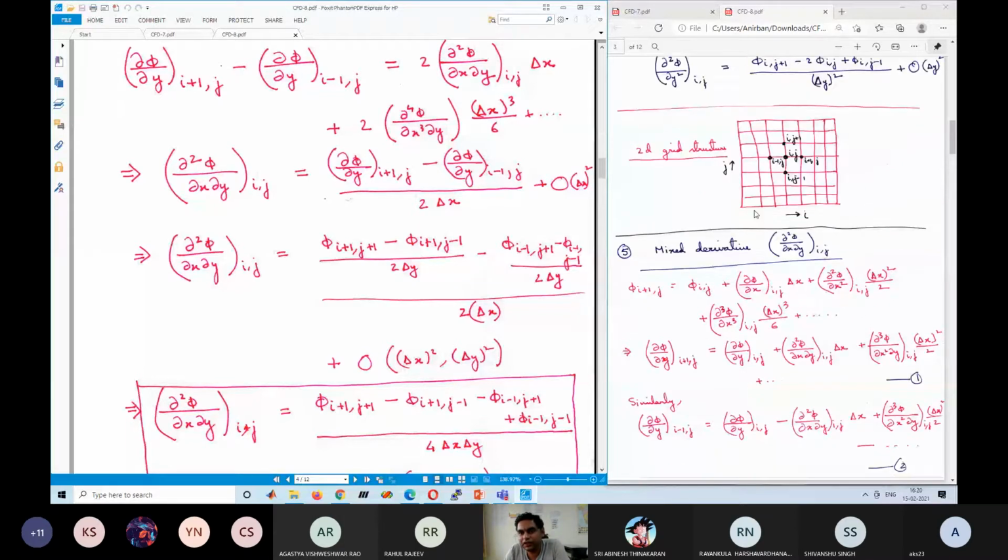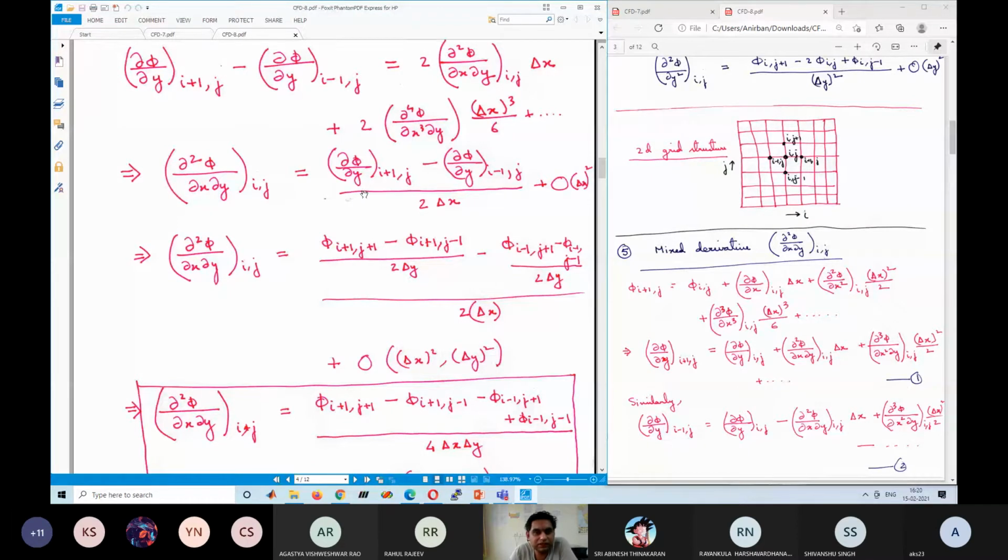Because when you are dividing a domain into the grid points, grid structure, you will have the values at only the nodes and only at the grid points. Okay. You will have the values at all the grid points. So if you can write the equation in terms of the grid point values, you can calculate any derivative. Okay. So that is our aim. So we want to write the equation in terms of the grid point values so that we can calculate any derivative and solve the equation.